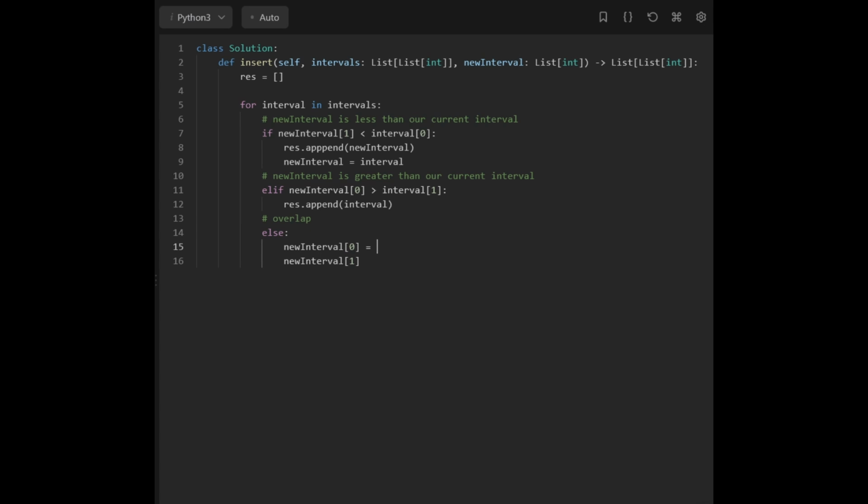And for the start, we're going to take the minimum between both intervals at the start. So interval at 0 and new interval at 0. So now our start is going to be the minimum between those two, and the end is going to be the same. But instead, we're going to take the max between the interval at the end and new interval at the end. So now our new interval is going to be our current interval and our new interval merged together,